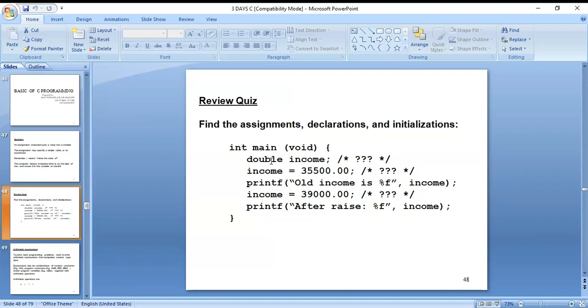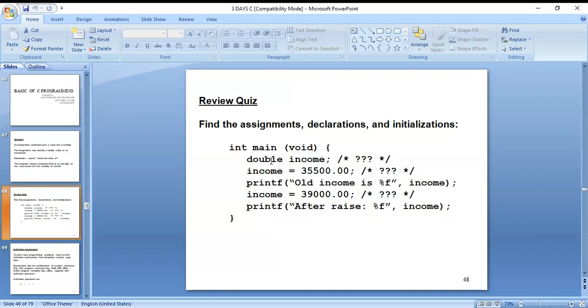Okay, here we can find the assignment, declaration, and initialization. Double income: double is the data type and income is the variable name, and income is mentioned here.